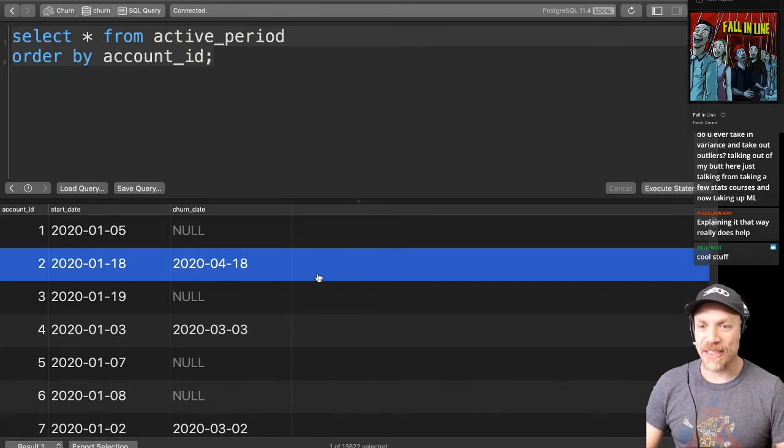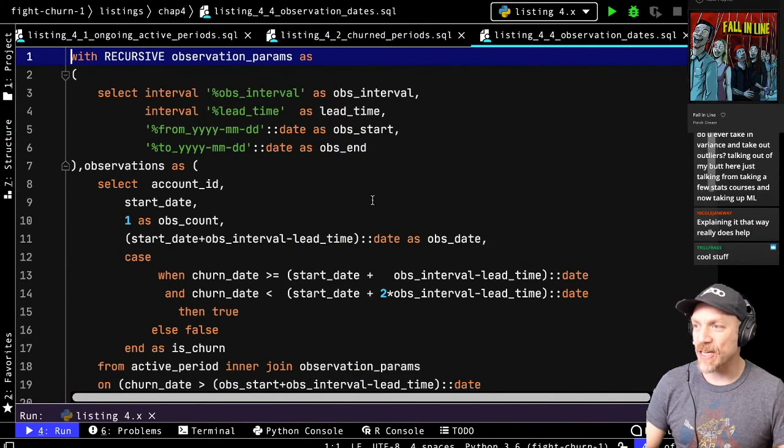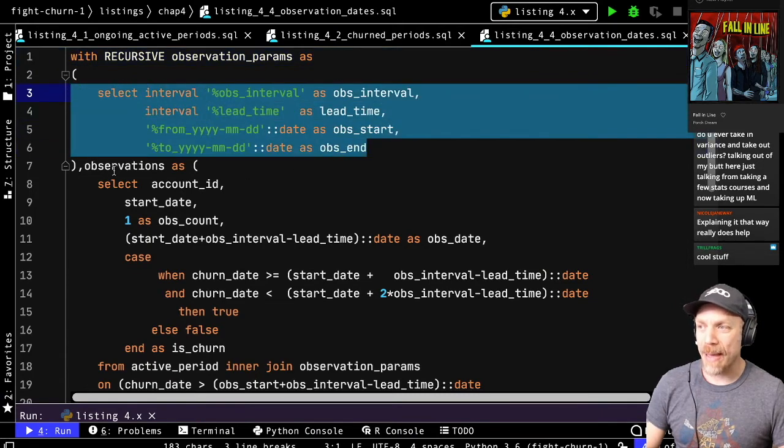So let's see if I can explain this SQL to do it. Again, these are the bind variable parameters. So Trill Frags, if you haven't seen this before, I do all this stuff in SQL. So you extract the data from the database in SQL, and then you do your analysis in Python, which is probably what most people are used to.